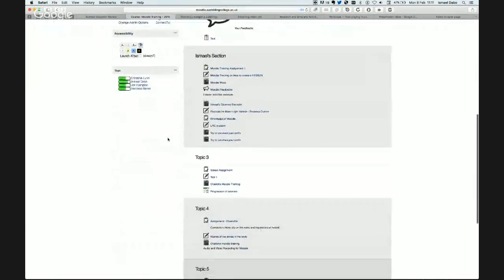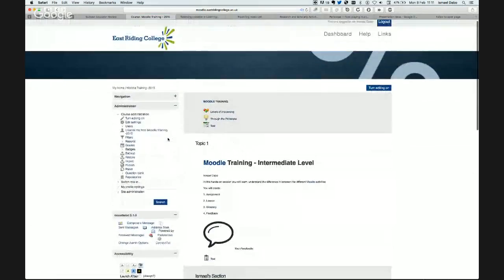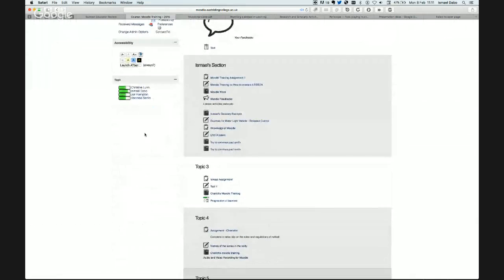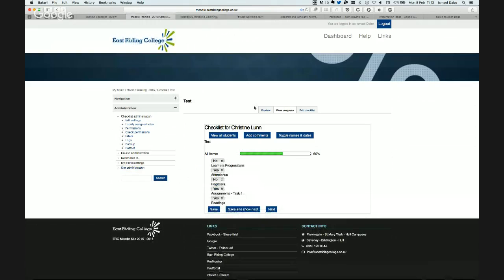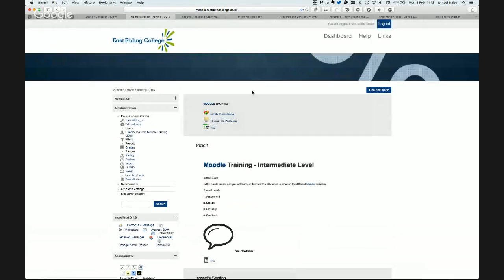So I think it's a brilliant tool, and it gives an overview, and it could give as well a sort of competitiveness among the learners, really. So let's say, oh, you know, I've completed that task before you, and they can see the progression, their visual progression like this. I think it's great. And then if you click on the name of the person, you can check what they've done and so on and so forth. But you've got the idea about the checklist. I think that's the last one I'm going to present on this